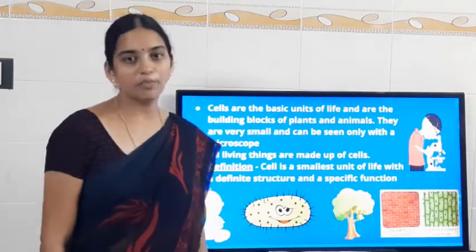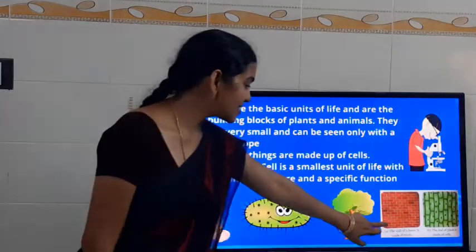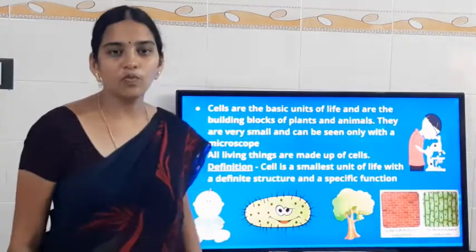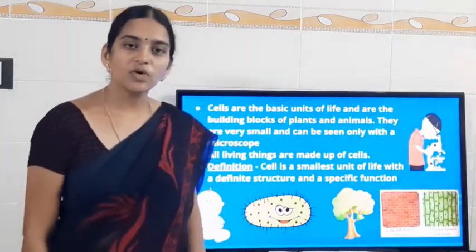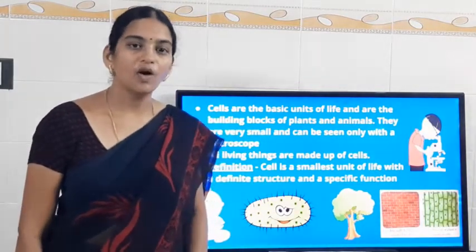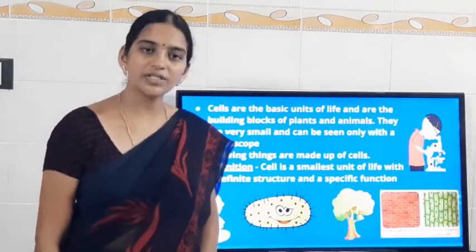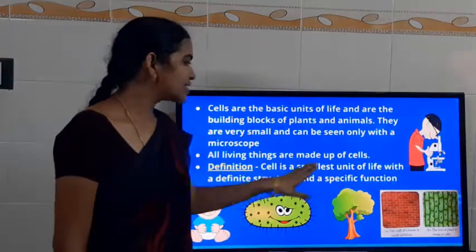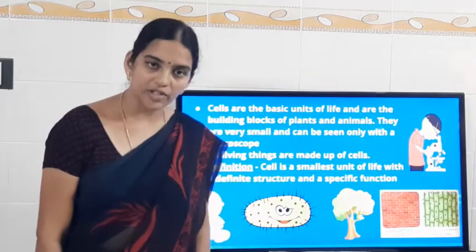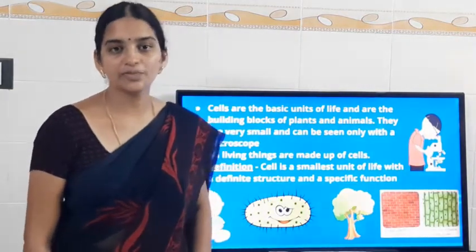A house is made up of bricks. So in this case, these bricks are considered as the building blocks of the house. In the same way, the cells are also considered as the building blocks of living organisms. What is a cell? Exactly, what is a cell? A cell is the smallest unit of life, which has a specific structure and also performs a specific